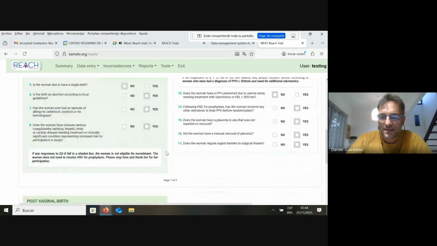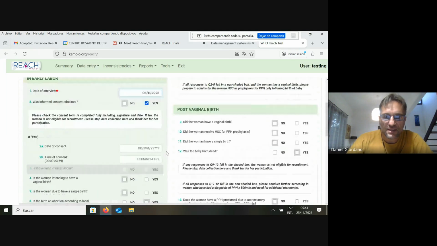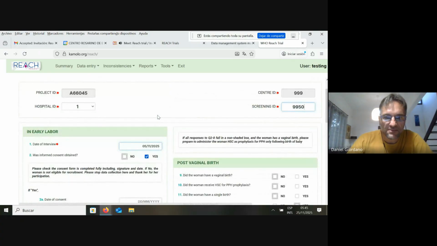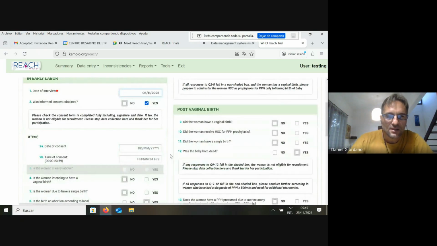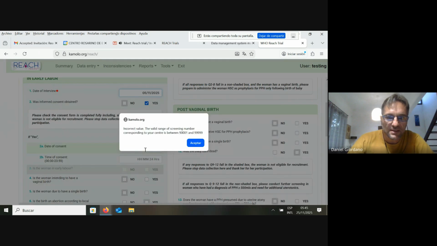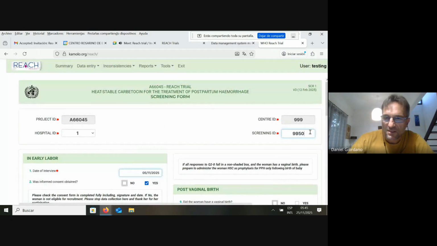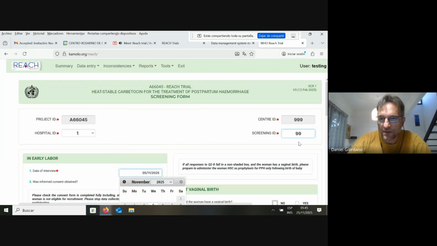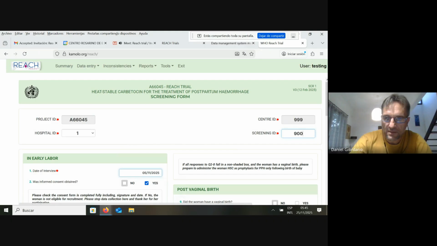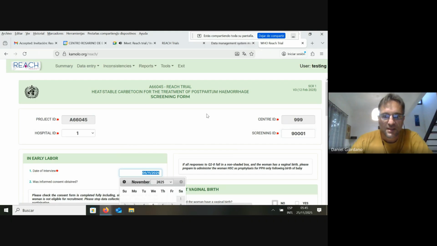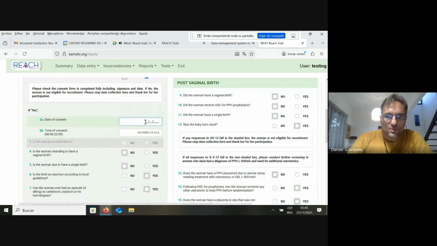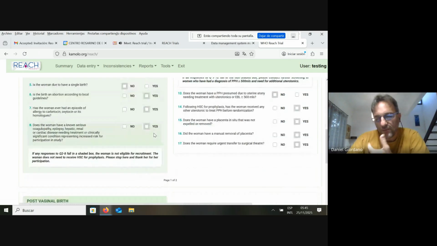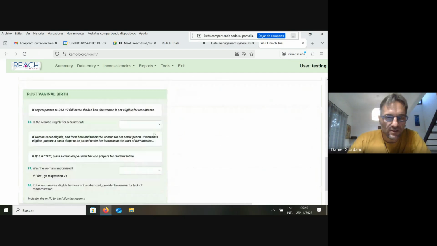And then suppose that you can enter this fictitious information, and you can indicate that the interview was on the 5th of November, and then the date of consent. Let me enter the correct value here, because the system, okay. And then suppose that this is the date of consent, and then we can suppose that we omit all this